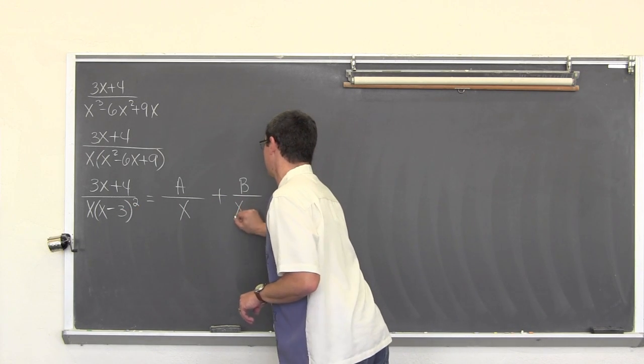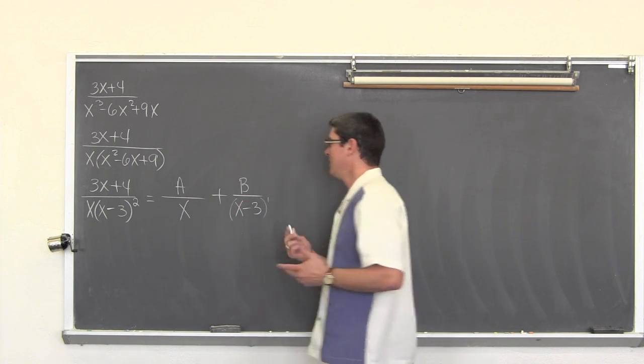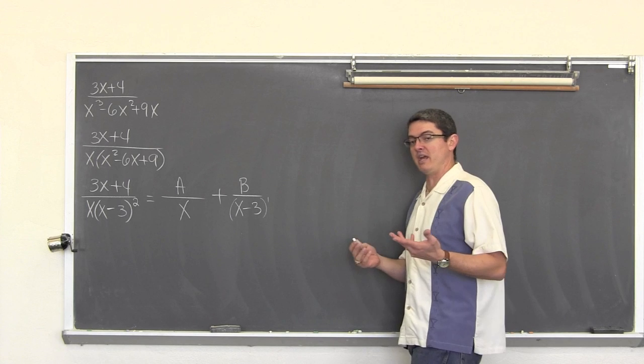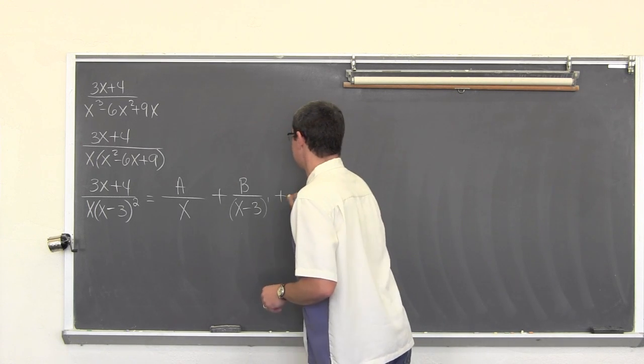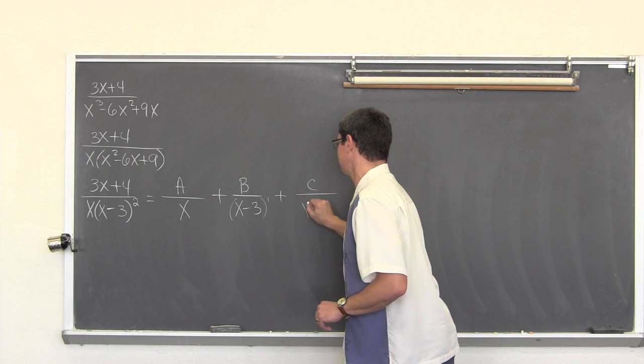So it's going to be x minus 3, and that's to the first power, but it's not going to do anything because raising the number to 1 doesn't change that value. And then plus another constant over that same linear factor